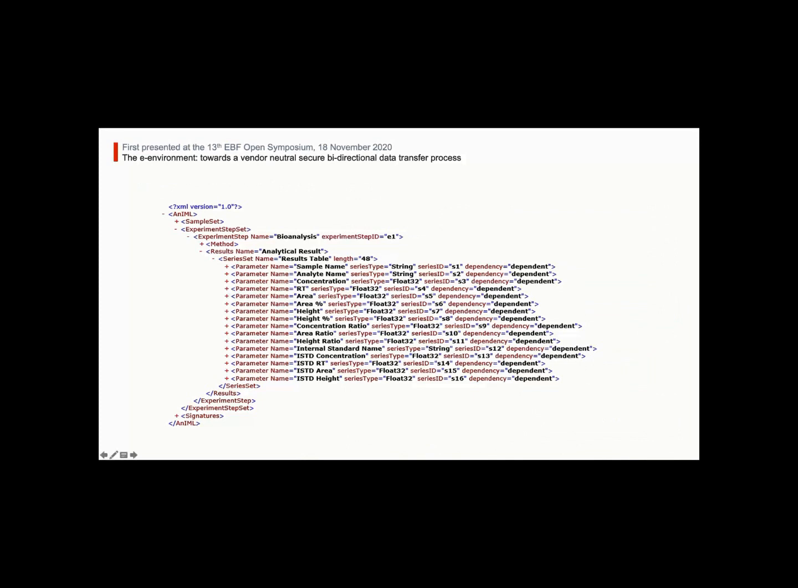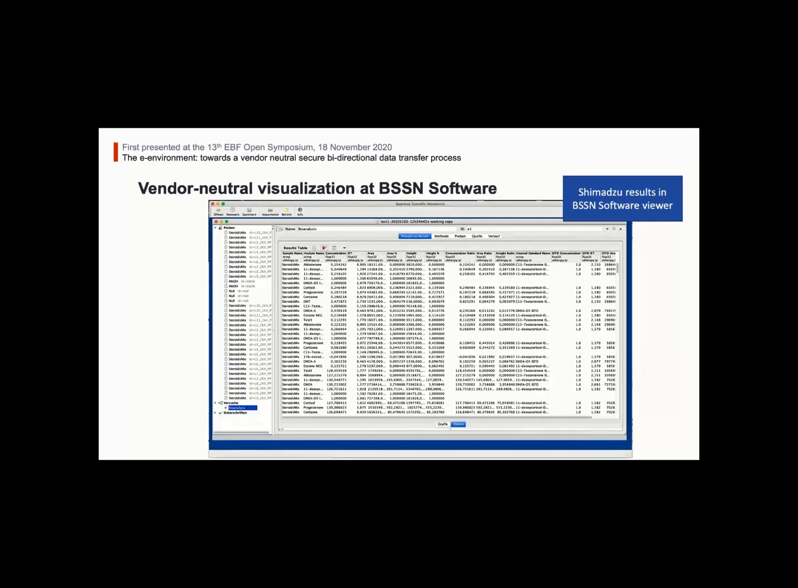And if we now go ahead and consume that using an AnIML tool, well, you can just do that. So here you can see what the BSSN software viewer can do with that. So you can just take that in, and here you can see the result table. You can see your list of samples and all of that. But what you can now also do is, let's not use the BSSN software tool, but let's use Watson